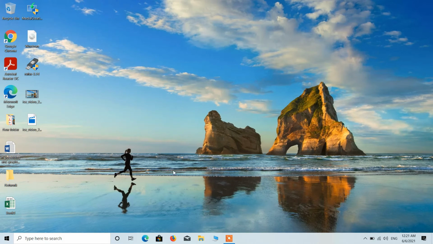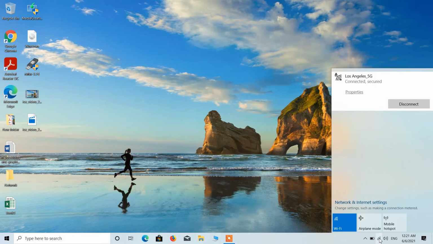If this method also didn't work for you, then just click on the Wi-Fi icon or the network icon in the taskbar and just make sure that this airplane mode is turned off like it is now.